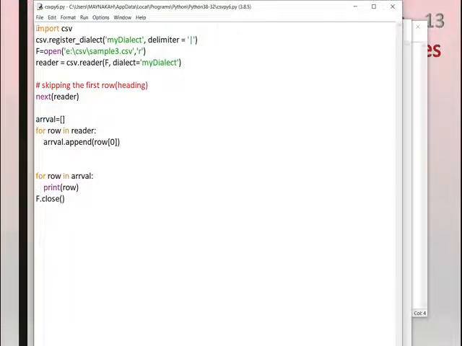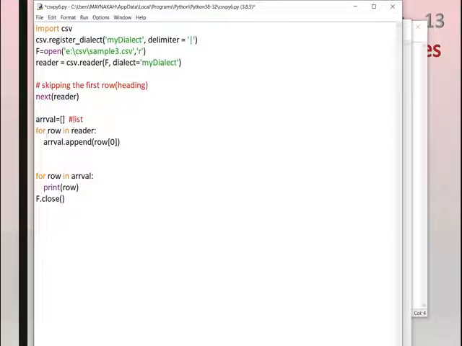As we know, first the module is imported, then the delimiter is pipe, and the file name is sample3, and the file is opened for reading through the reader function. Next reader is to skip the first row, that means the heading will be ignored. Then this is the empty list, array value, ARRVAL, an empty list.